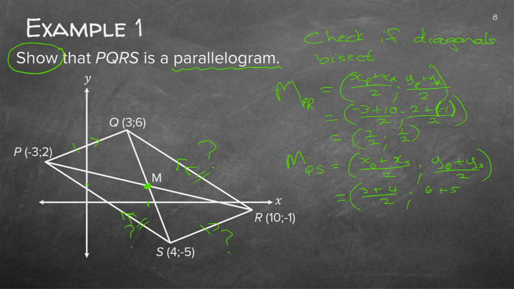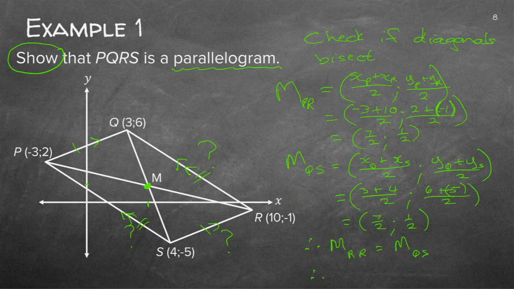It's actually plus minus 5. I skipped a step over 2, which you can do if you feel comfortable with this, and it gives you a half. Therefore, the midpoint of PR is equal to the midpoint of QS, and therefore you can just now